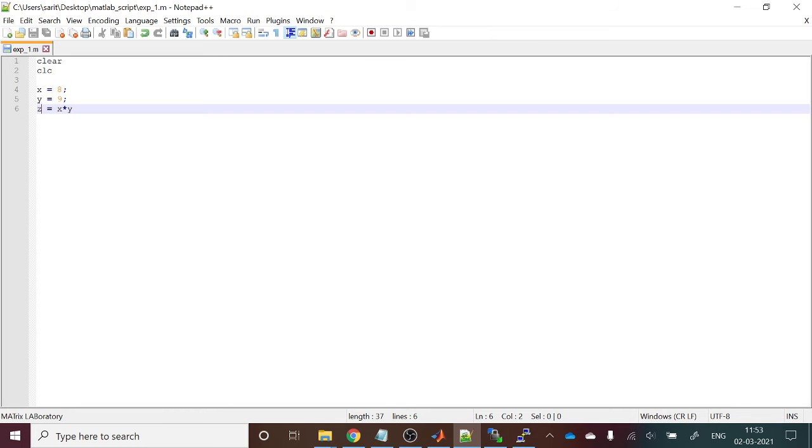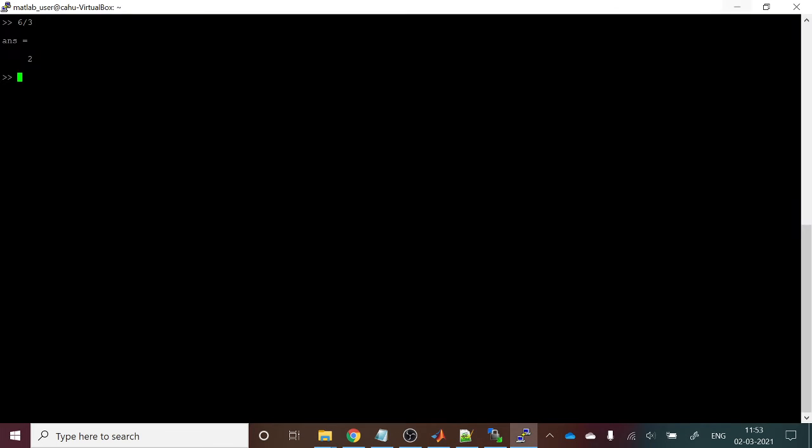So all operations you can do here. Clear, clc, anything, maybe 6 multiplied by 3, any result you will get in the command window. I already showed you how to upload the script. The only disadvantage with this is that every time you modify the code, you have to upload it, or directly here you can do that in Vim.